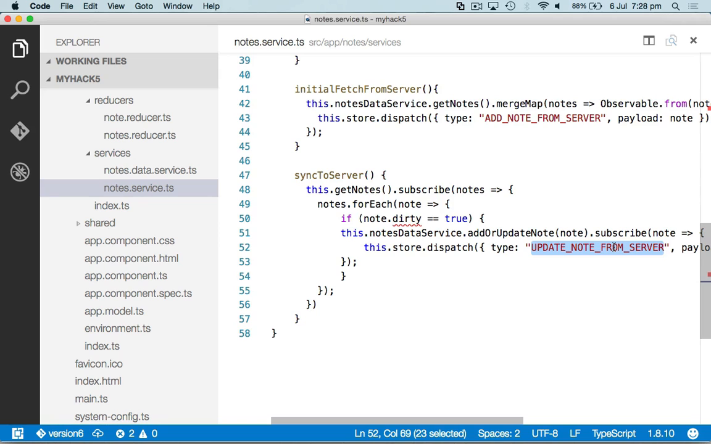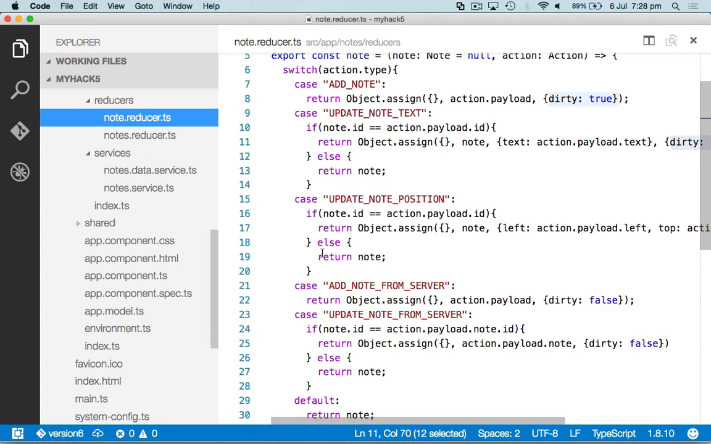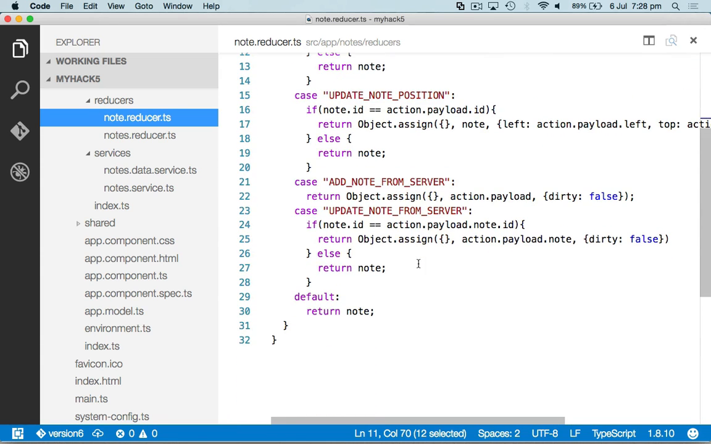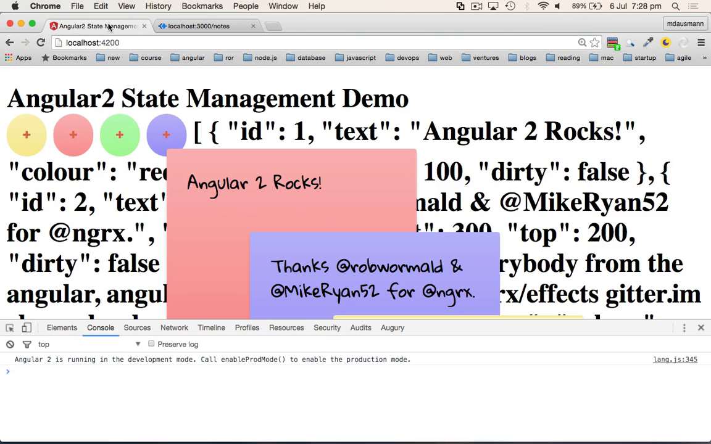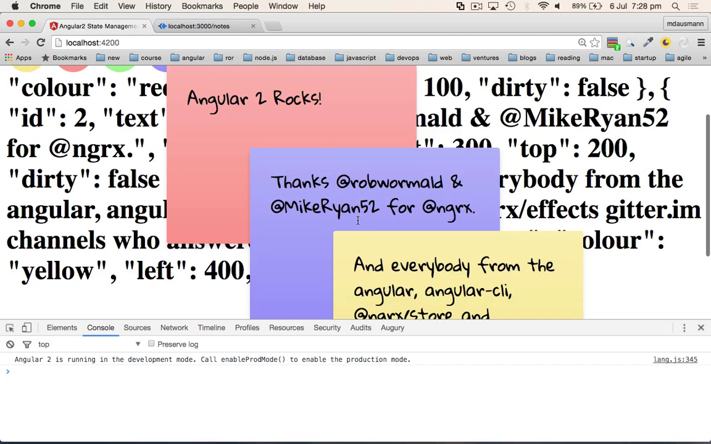So for instance, if anything's changed from the server, like you get an ID from the server or, say, a modified date time, that action would give you that change. So here I'm updating the note from the server, and again, the only difference is that I'm saying dirty equals false. Okay, so now I've wired in the database. So now this is showing the notes from the database, and when I change them,